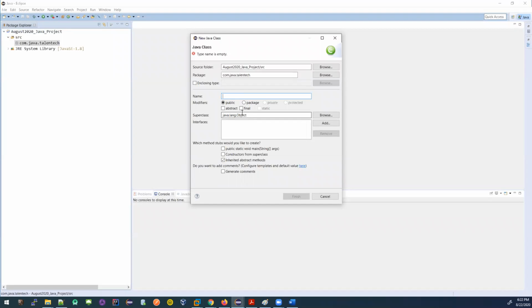Underscore. Can we start with a special character like percent? We cannot. No. Can we have a special character anywhere inside the name? No, we cannot. Yes, we can use only underscore. We cannot use ampersand. We cannot use at the rate. We cannot use dollar. We cannot do it. Okay. You can just use the number. Yes, very good. Thank you so much.